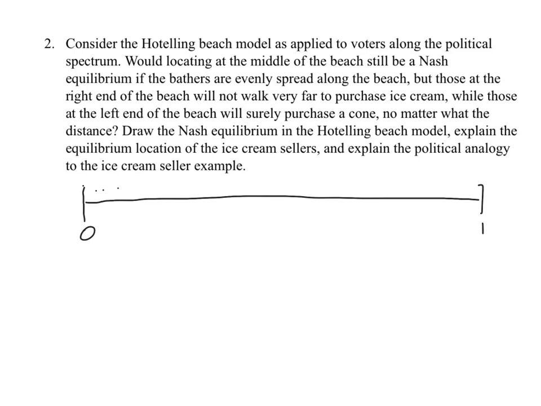First, the basic model assumes there are people distributed evenly across the beach. That was supposed to be a couple of dots, not a straight line. People go to the ice cream seller that's nearest them, and we have 2 ice cream vendors competing for each other's business. Let's call those A and B, and assume that A starts here, because I'm going to show you why having both of them located at the midpoint, mile 0.5, is the Nash